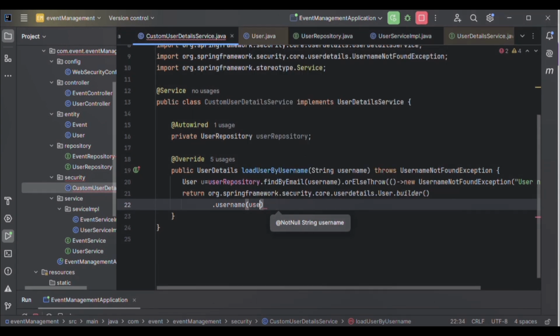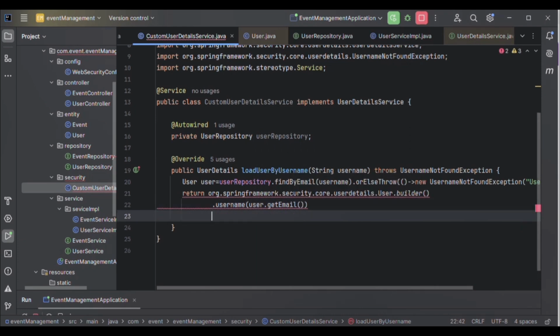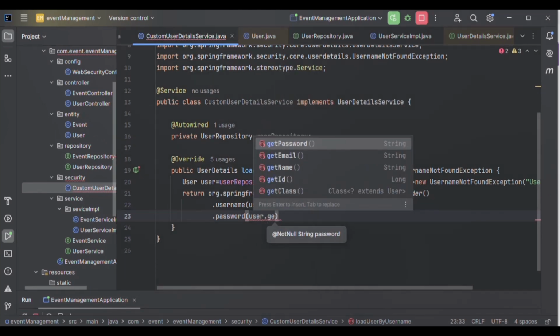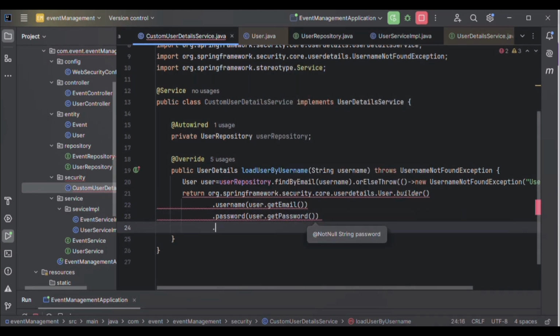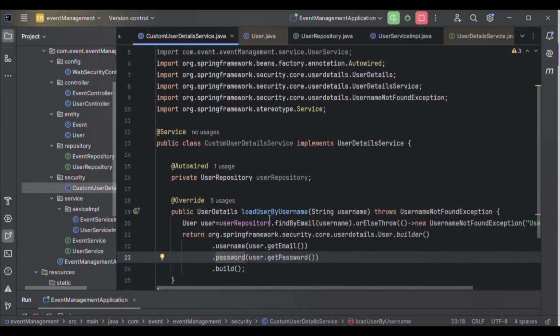Email is basically our username. Then password, user.getPassword method. It will return the password. Now build. So we are done basically. Now this will return the UserDetails object. We set the username and password.